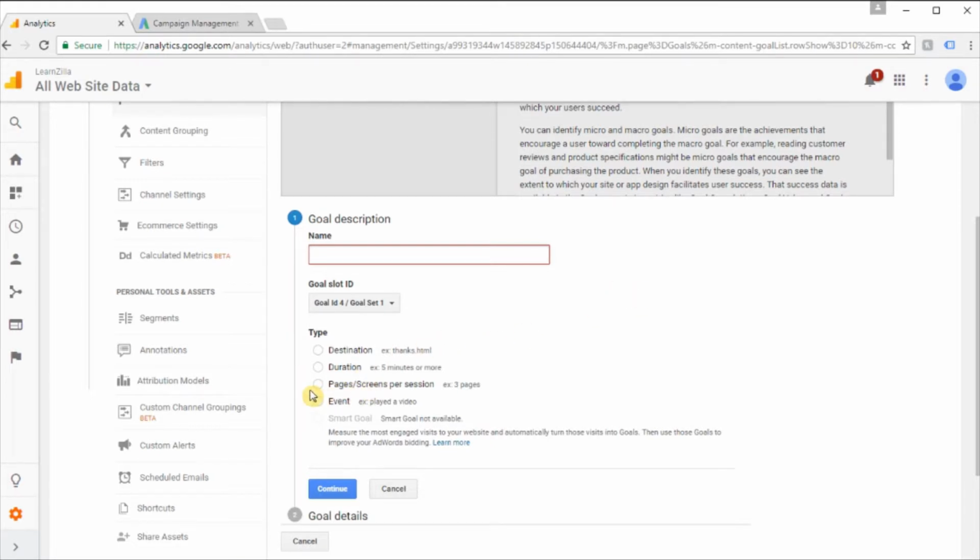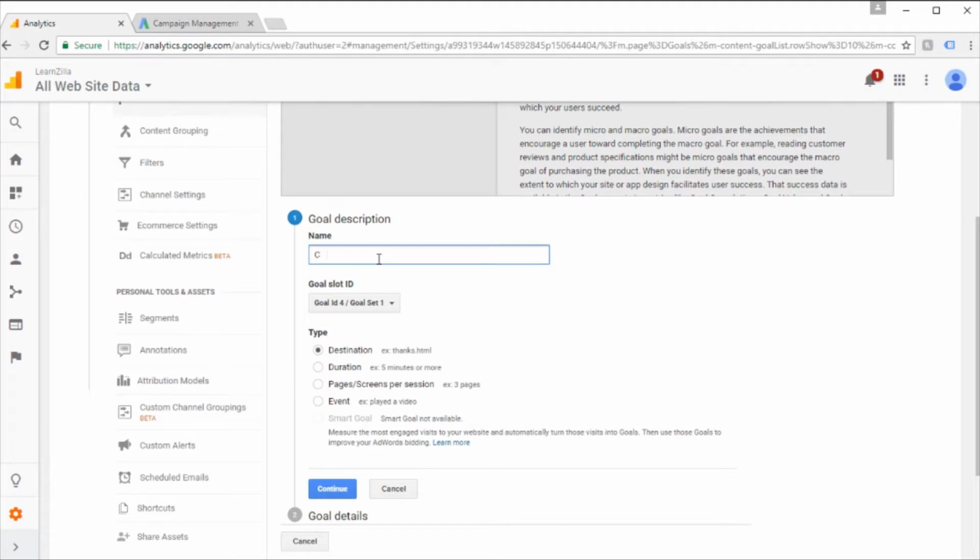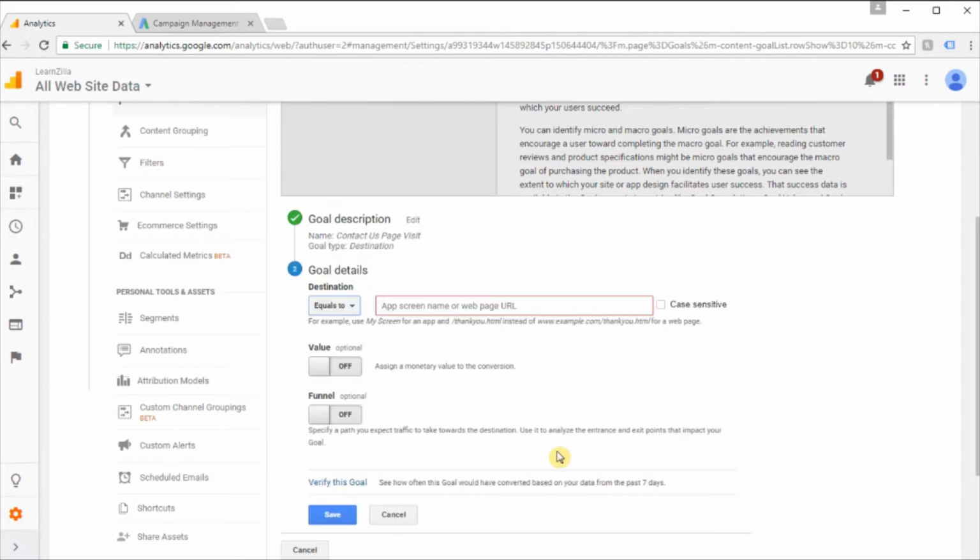To create this, let's go ahead and create another custom goal. Go to goal description, name your goal. This will be contact us page visit, and select destination type. Continue, and enter in the page URL of this goal. Be sure not to enter in the whole URL because Google Analytics is already associated with your site and knows its domain. So enter in whatever comes after the first /. In our case, we wouldn't type in learnzilla.com/contact us /index, but rather use the link addendum /contact us